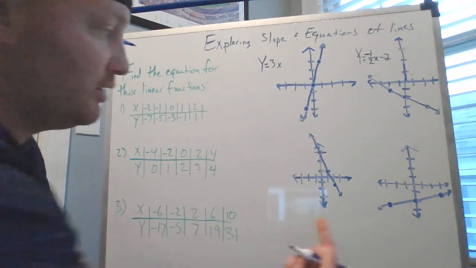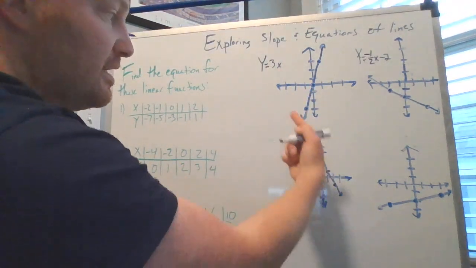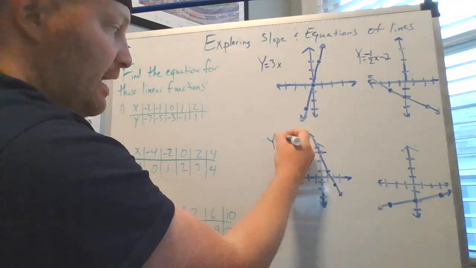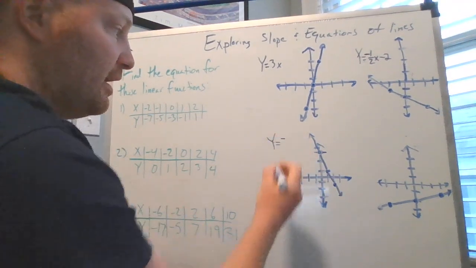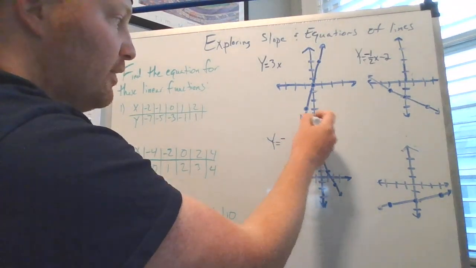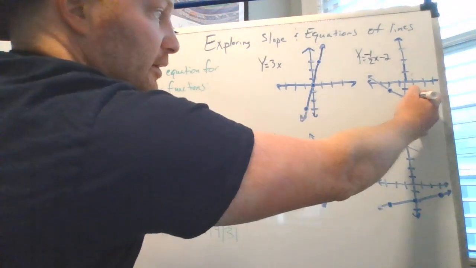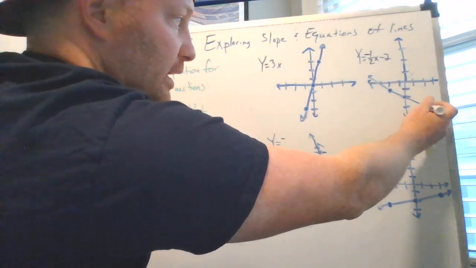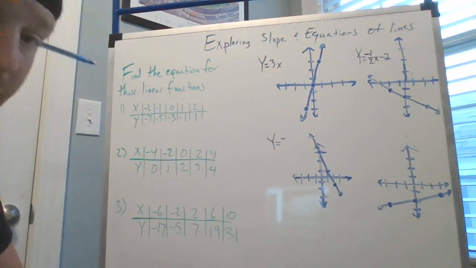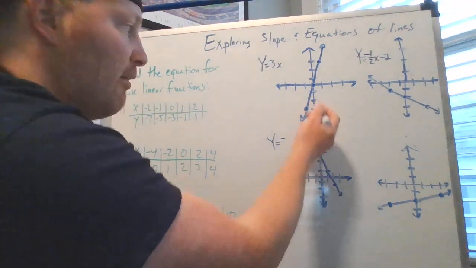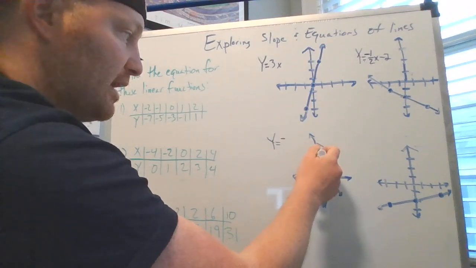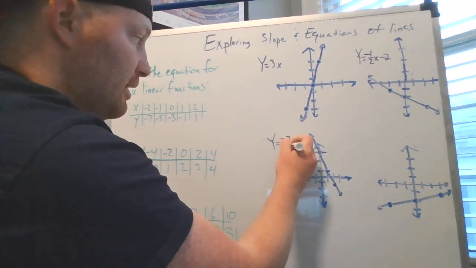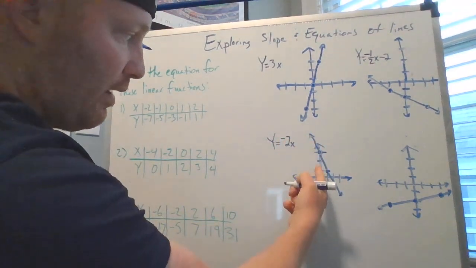Another example. All right. Well, this one is still going up and to the left at a very steep level. So we know that it has to be a negative. Put that negative sign first. Get that out of the way. Now, I can't count up and over. But remember, over here, this one went up 1, left 2, or also down 1 and right 2. I could still identify that slope based on that information. So because I can't count up and over, and we already know it's negative, I'm just going to count down 1, 2, right 1. So this is a slope of negative 2x. And my y-intercept is 1, 2,